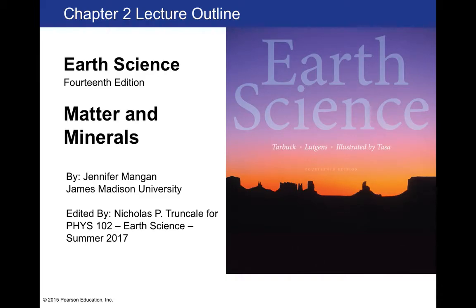Okay, this is the first PowerPoint outline you're going to see me do. It's going to be on Chapter 2. This is the first chapter in the first unit of the online Earth Science course. I chose these 5 chapters, chapters 2 through 6, for the first unit because it essentially walks students through the Earth's rock cycle. So it talks about, in this chapter specifically, what rocks are made out of and what composes